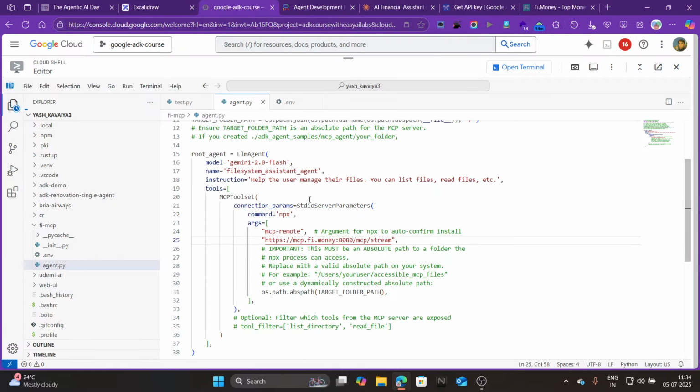Let's go. In the file here we need to get the Fi MCP assistant. Okay, file name is okay, Fi Money MCP server.